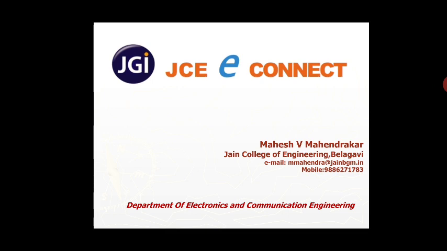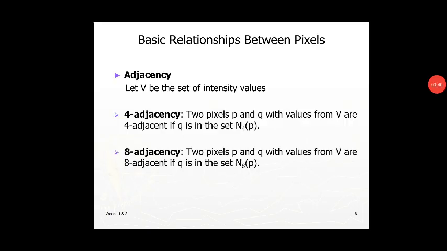Let us continue from the previous class about 4, 8, M adjacency. In 4 adjacency, you can move horizontally and vertically along the neighbor pixel. In 8 adjacency, along with the horizontal and vertical, additionally you can go diagonally also. This is the concept I explained in the previous class. And also, we need to find a path with 4, 8 and M. Now, this is how the adjacency is to be found for 4.